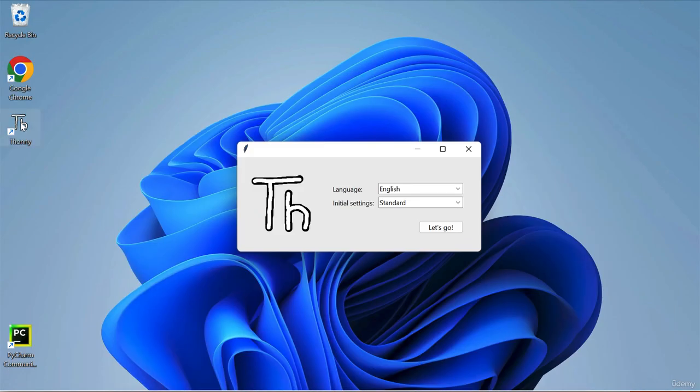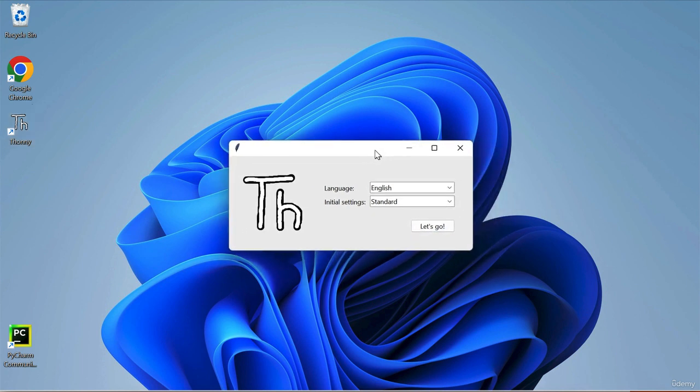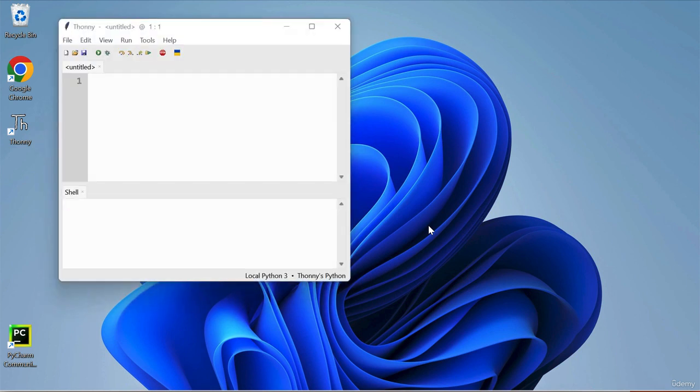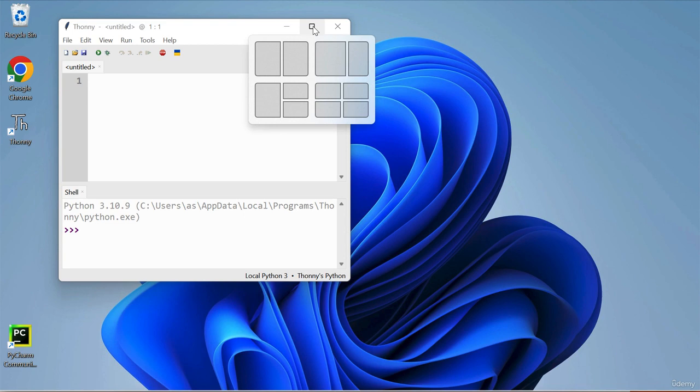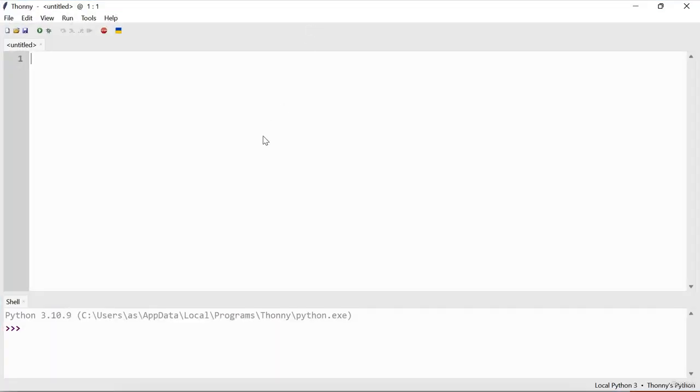So in here, if you click that checkbox during the installation, the checkbox that allows Thonny to stay in the desktop as a shortcut. So either way, you should see this window in the beginning. So I'll go for English and standard settings. So I'll press on let's go, and this should open up Thonny. So you can press on that maximize button to maximize Thonny. And yeah, if you see this view, that means Thonny was successfully installed,